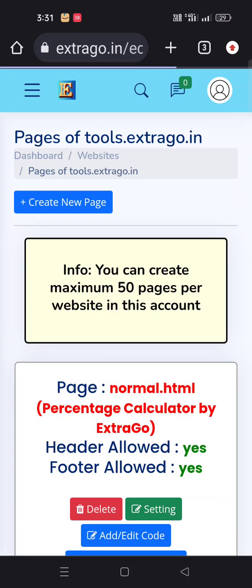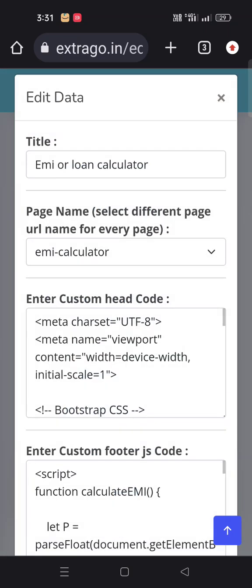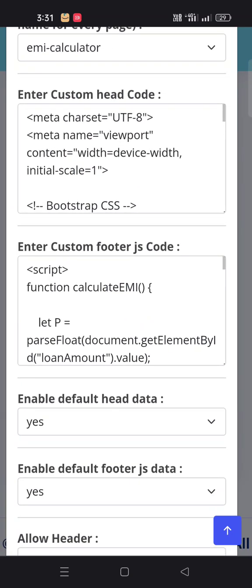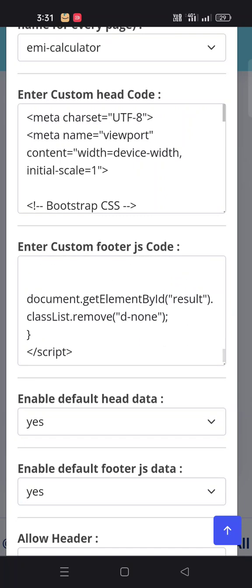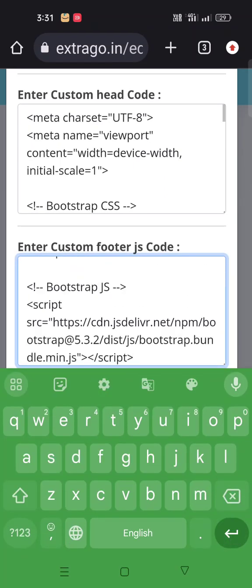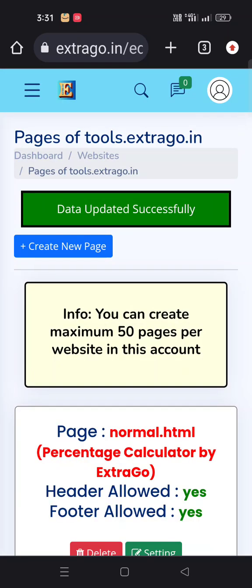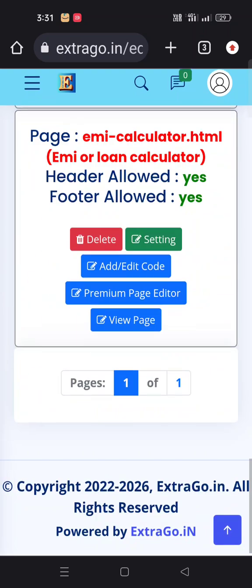Here inside the JavaScript settings, bottom JavaScript, paste the code copied earlier. This one, okay. Now update it. I think it should work now.